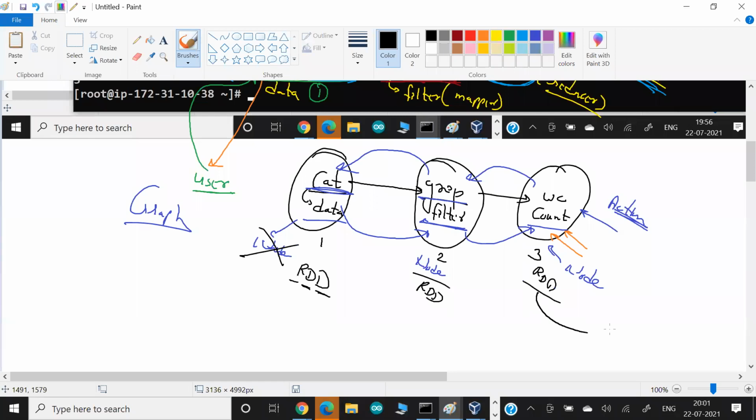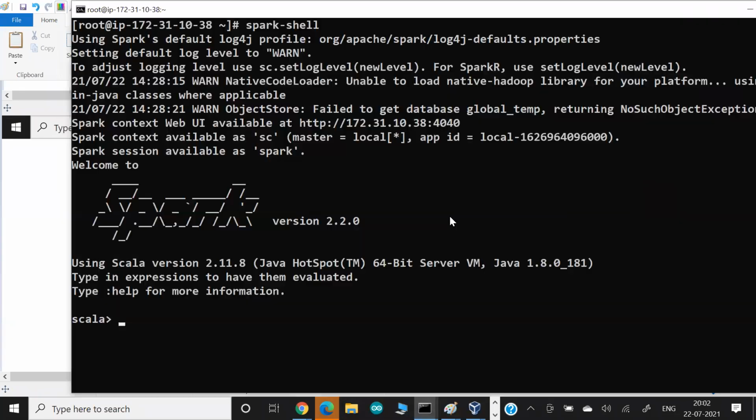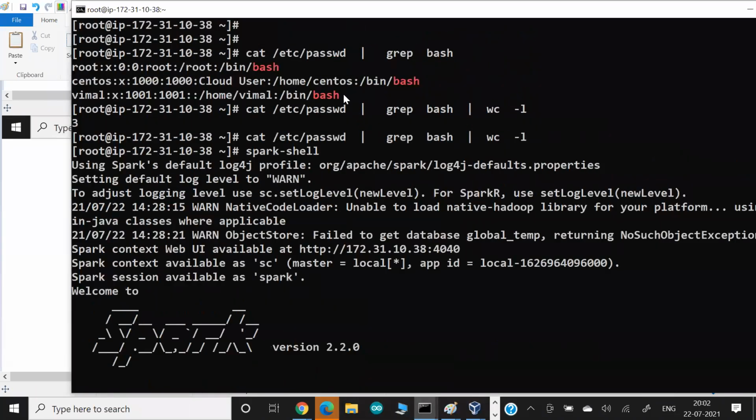So this is also an RDD, and this is also an RDD. But this RDD is known as the action RDD. As soon as the action is performed, all the previous RDDs, the chain of RDDs, the pipeline of RDDs, will run on the fly. But until the action is performed, they never run. So they work in a lazy way. They just keep silent. They don't do anything. They don't run the grep command. But in Linux, if I run the grep command, it runs as soon as I run it. As soon as I run the cat command, it runs. So this is not lazy.